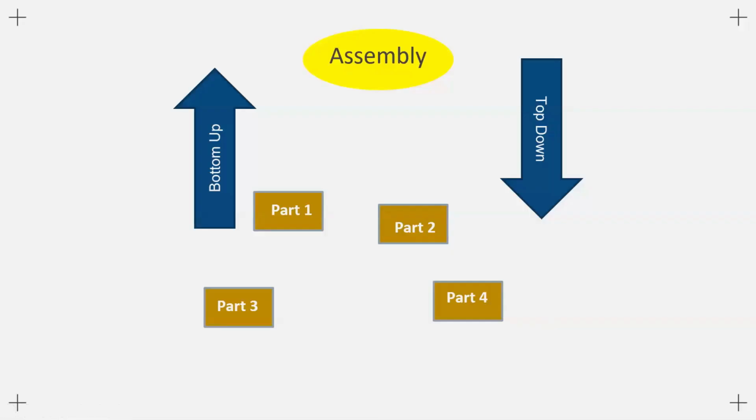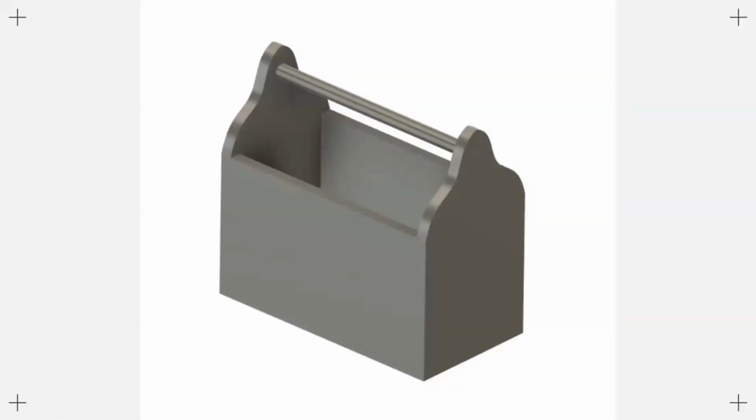So I hope you are clear with the concepts of bottom up and top down assembly. Just to remember, we have the assembly at the top and the parts at the bottom. When you have the assembly, and from the assembly you come down to prepare those parts, and we build the parts, then it's called top down assembly. With bottom up assembly, you already have the parts, and from those parts you build the assembly.